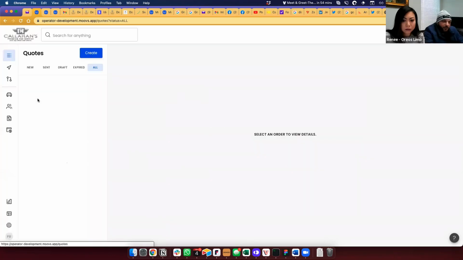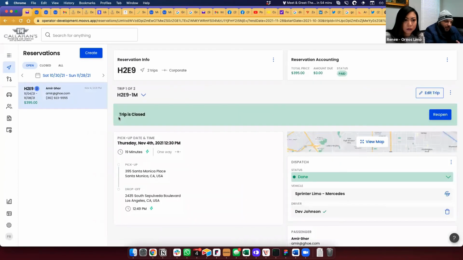Yes, when somebody farms out a trip to us, and we want to put the payout for the driver to know how much we're actually paying the driver at the end of the week, just to know the numbers. It won't show, even if we do close trip.